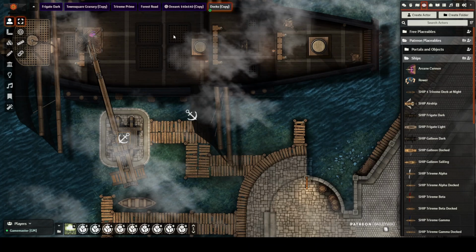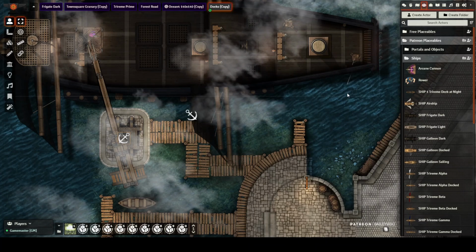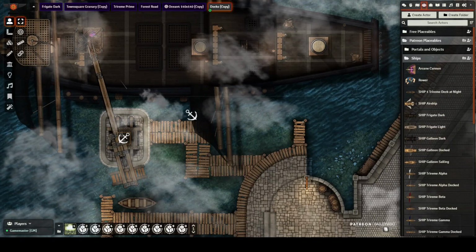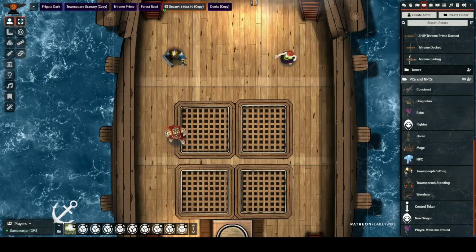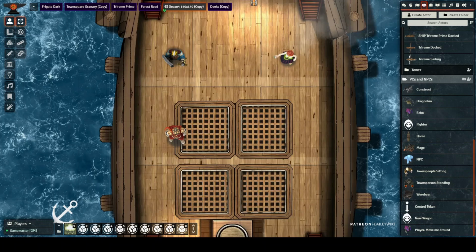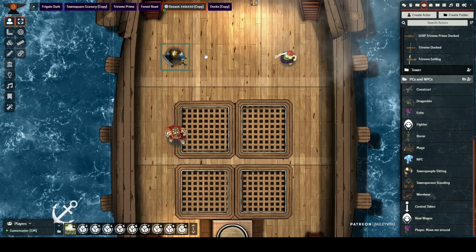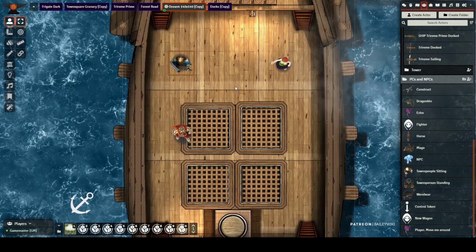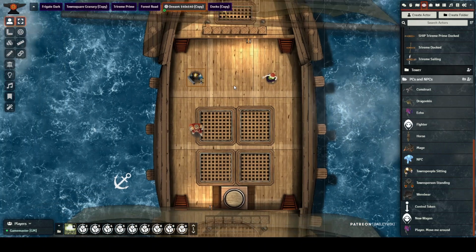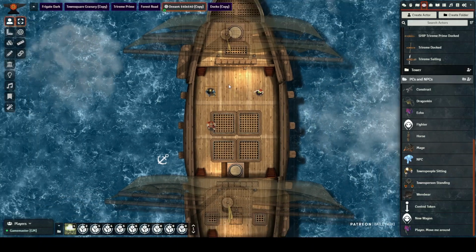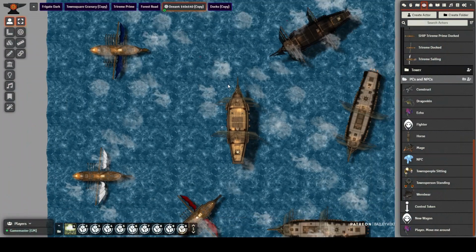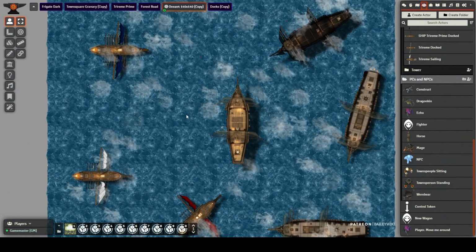Okay, so now let's talk about this ship and some larger scale things that you can do. So here we're on a giant ocean map. This is the galleon, which many of you have seen. And it's a whole map in and of itself. It's got multiple floors. But if we zoom out all the way, we can see that we have a naval